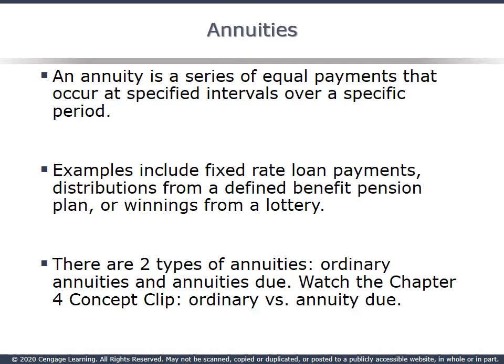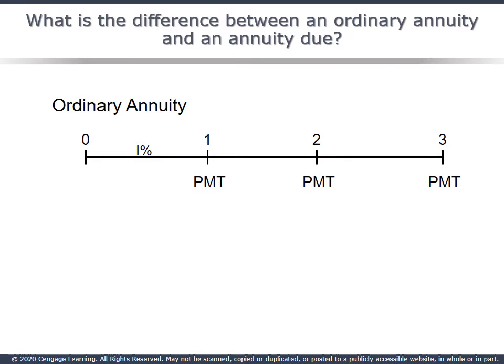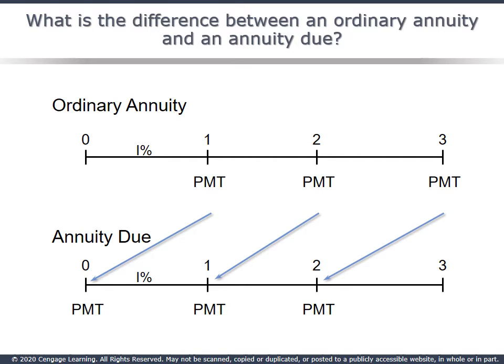Now we're going to look at annuities. An annuity is a series of equal payments. This is the difference. With an ordinary annuity, each payment is made at the end of each period. Whereas with an annuity due, the payments are shifted forward in that the payments occur at the beginning of each